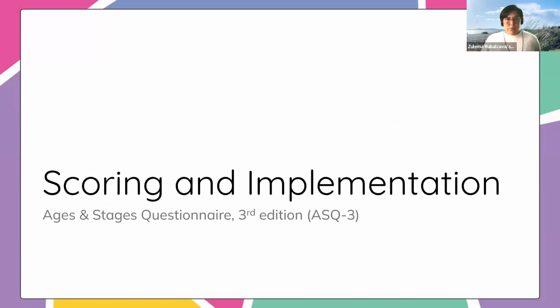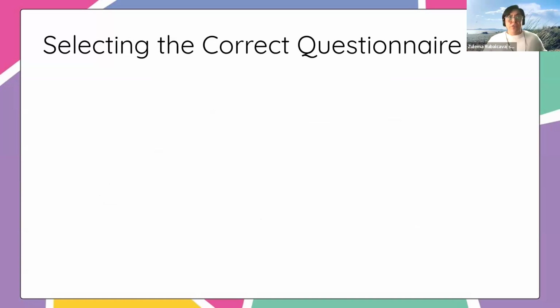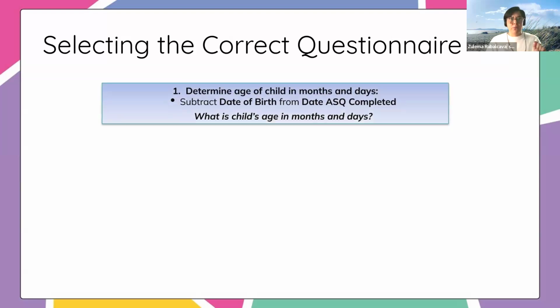Let's get into scoring because we're running out of time. Okay, so like I mentioned, I'm going to go through this pretty quickly because I'm going to give you some really good resources, right? So we want to make sure that before we hand it out, we are getting the most appropriate questionnaire to the family, right? So we want to make sure that we know what the child's age is, so that we can give them the most appropriate one. And again, this is going to be on your quick start guide. So don't feel like you have to take a lot of notes around this, because you'll have this formula and also some resources.